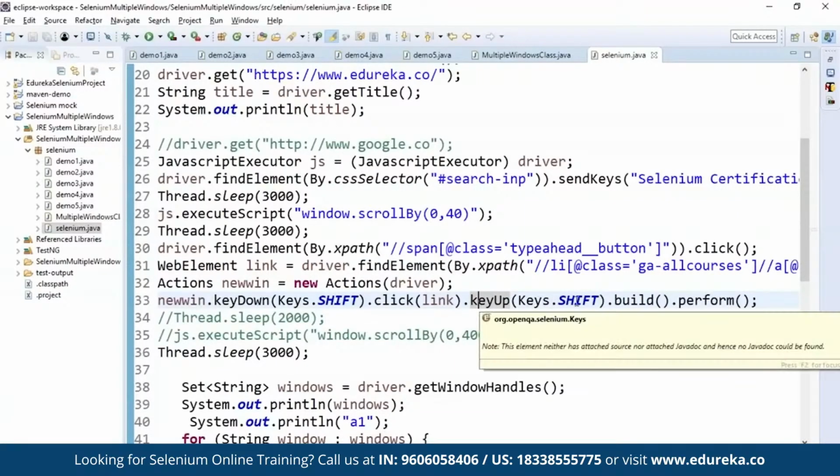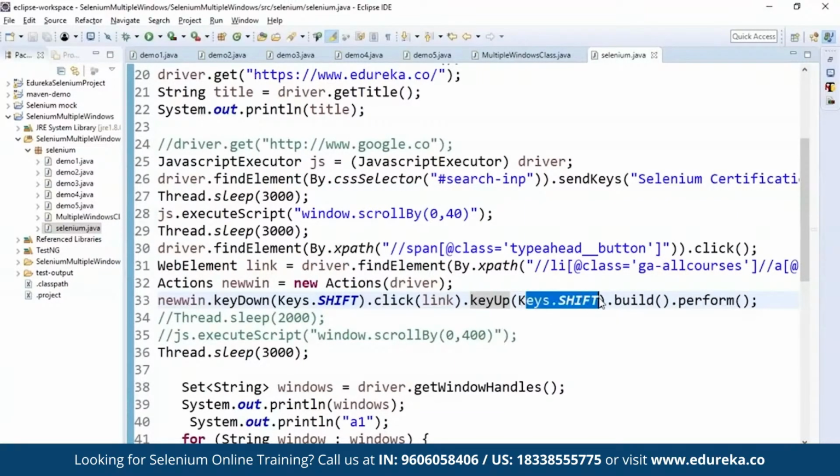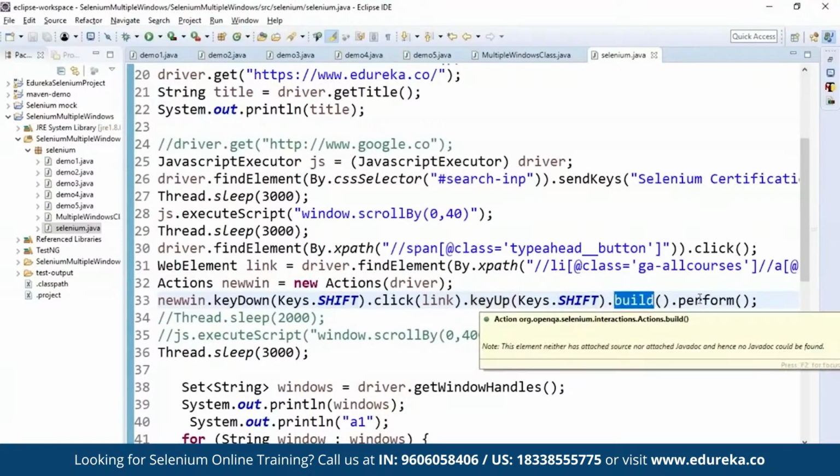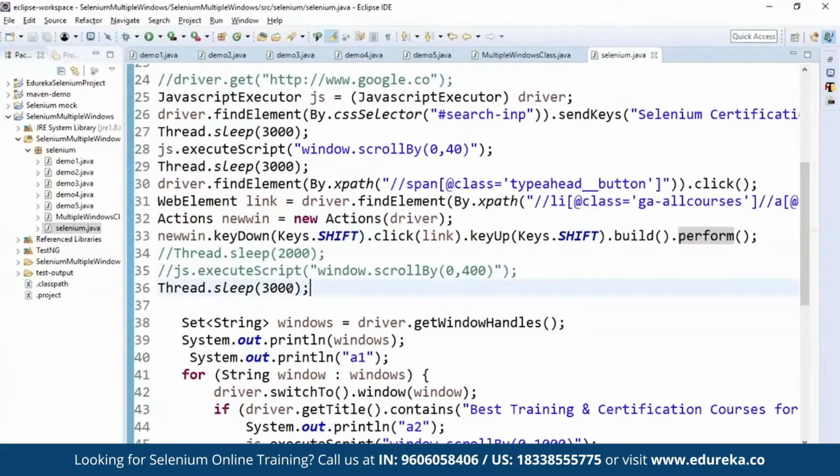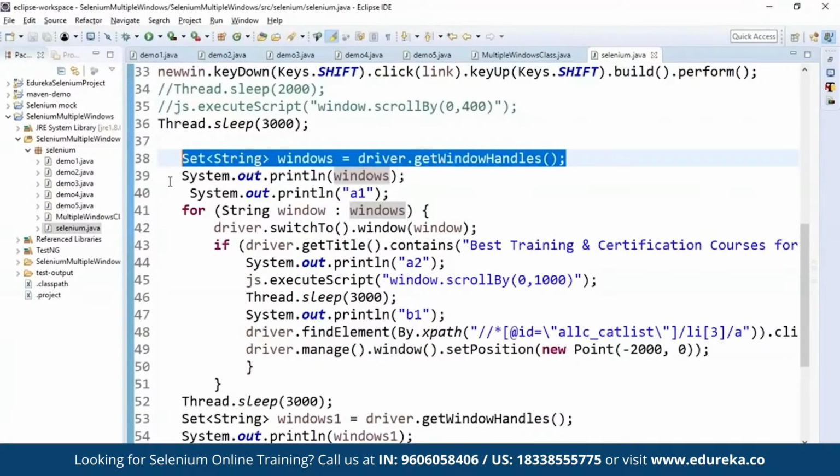Okay. So in that, I'm going to release the Shift key, build the process and perform the action. So these particular commands help in opening up the new window. After this, I'm going to pause the execution for 3 seconds so that you can see that the new window is created. And after this, I'm going to use the set windows to get the details of all the windows